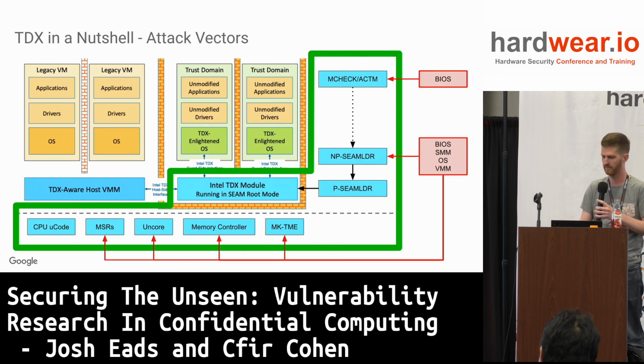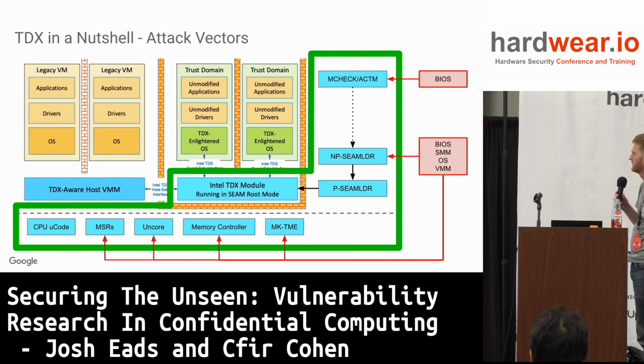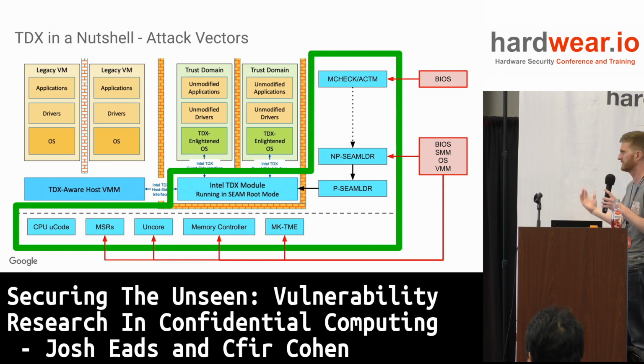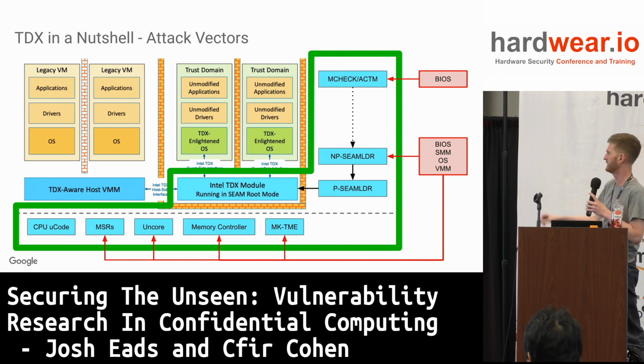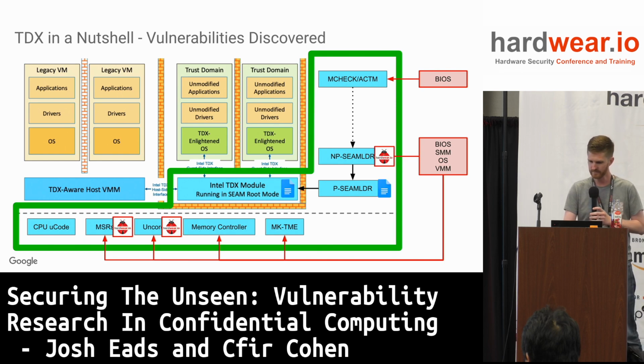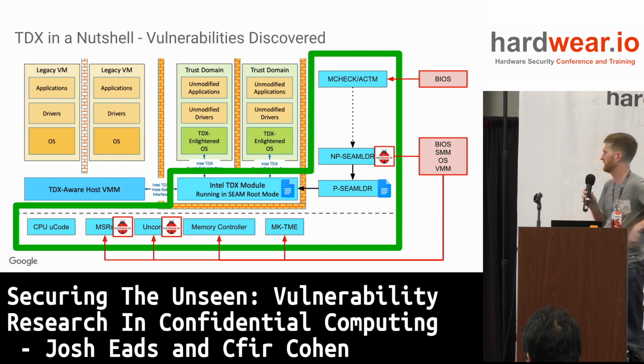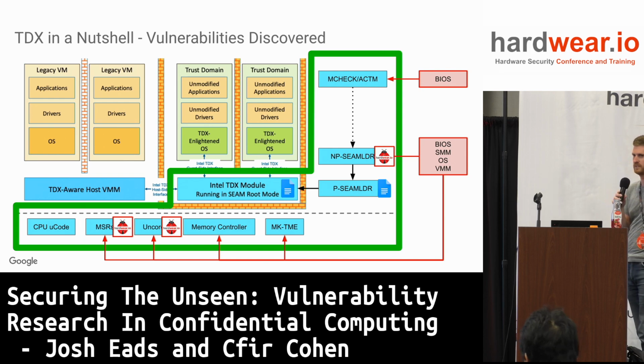And then if you look at what the different attack vectors are, some of them are here. Like Cfir said earlier, the BIOS is untrusted, the OS is untrusted, SMM is untrusted. So all these different places are viable attack vectors into all these trusted areas. This diagram also doesn't show it, but the TDs aren't trusted either. You could have a malicious TD, you could have a malicious VM, and there are different attack vectors there. And so, same as the S&P review, if you want to see all the details, please go see the paper. We'll talk about three of the most interesting bugs today,